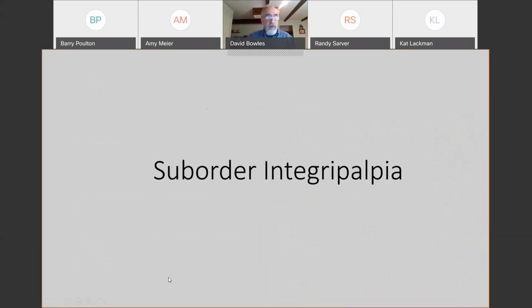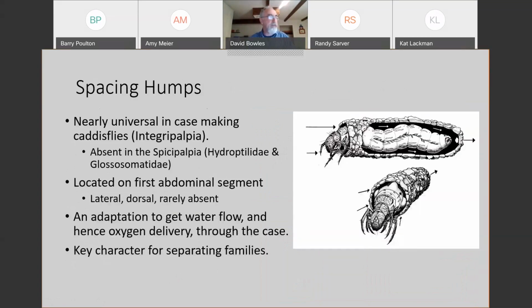Let's talk about the Integripalpia. This is all the case builders. So what are the Integripalpia? First,